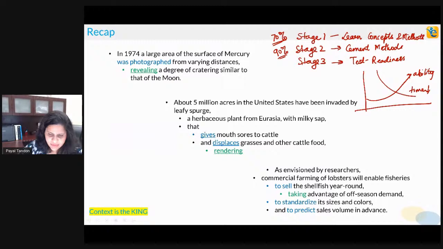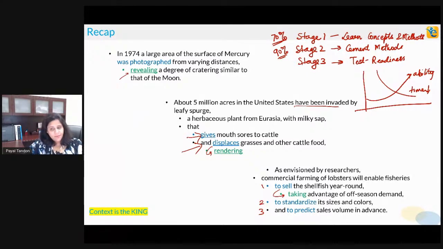So now let's do a quick recap of the 3 questions, and we are towards the end of our session. If you think about it, in the first question, was photographed revealing? Here, revealing presents the result of was photographed. In the second one, you have been invaded, gives, displaces. These are 2 actions, and then rendering is the result of displaces. In the third one, you have 3 initiatives here, 3 intents here, and then over here, taking is the result